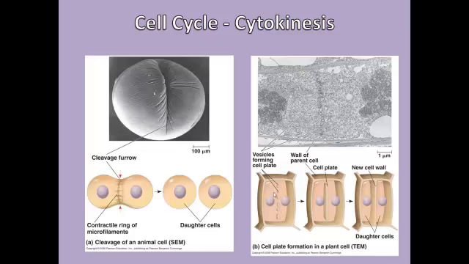Plant cells form a cell plate at the equator. Basically, vesicles full of enzymes and supplies for making a new cell wall gather at the equator and fuse. They then get to work making a new cell wall between the two cells. This is more like building a wall in the middle of a big room to make two smaller rooms.